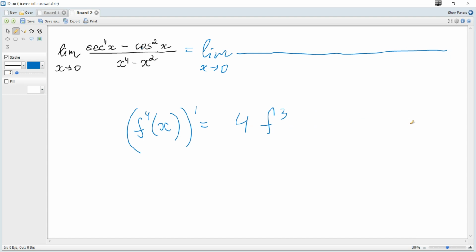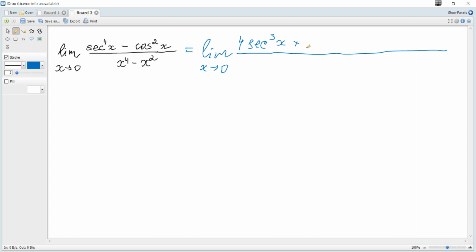So it becomes 4 secant cubed and the secant derivative. The formula is given in the data booklet, and the secant derivative is secant tangent. So we get 4 secant cubed of x multiplied by the secant derivative, which is secant of x multiplied by tangent of x,